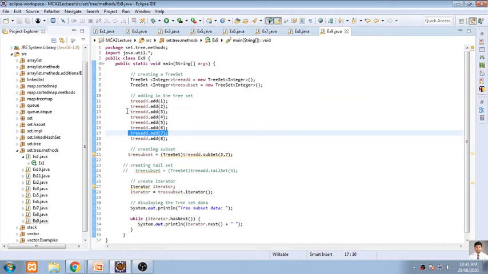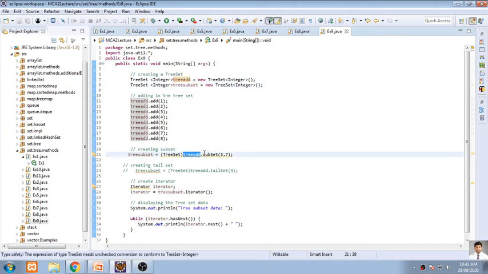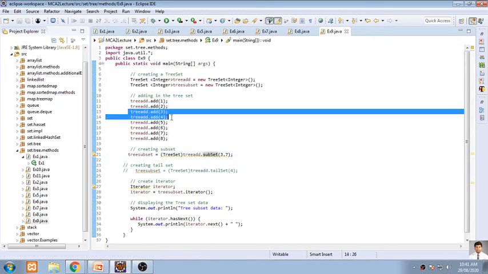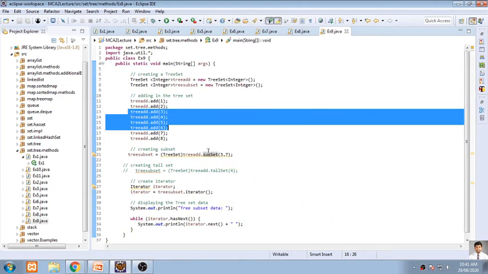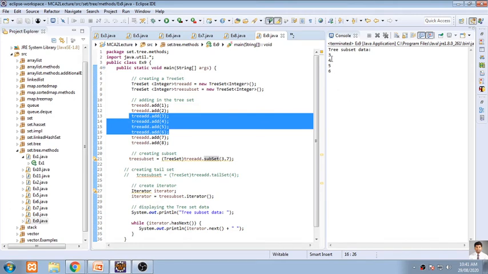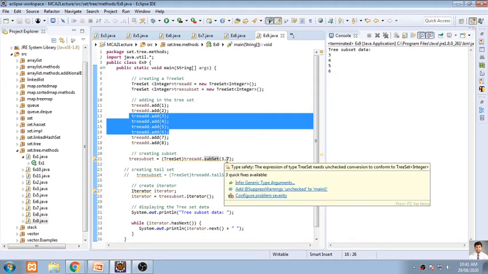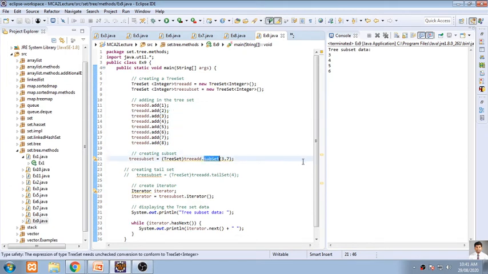So the minimum value element will be added into the TreeSet subset, but the maximum value element will not be added. So we'll have a subset of this TreeSet in another object called treeSubset. So treeSubset will contain only the elements ranging from 3 to 7. So 3, 4, 5, and 6 will be added into this subset. You have to remember the last element is not considered. So see, 3 is there, it is the first element, it is included. 4 is there, 5 is there, 6 is there, 7 is not there, because the last element is excluded whenever we go for subset. So are you clear?